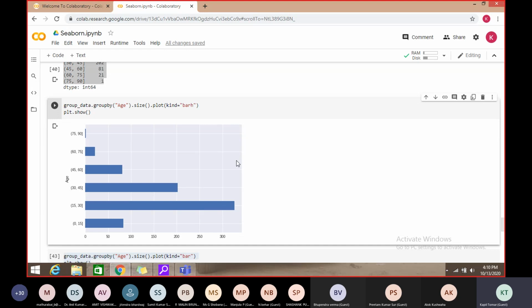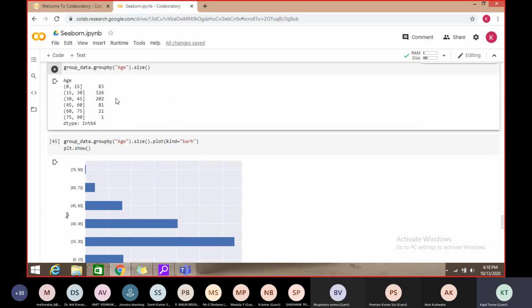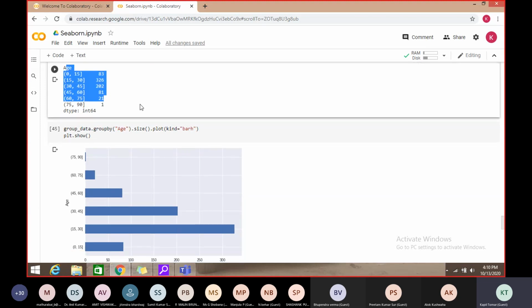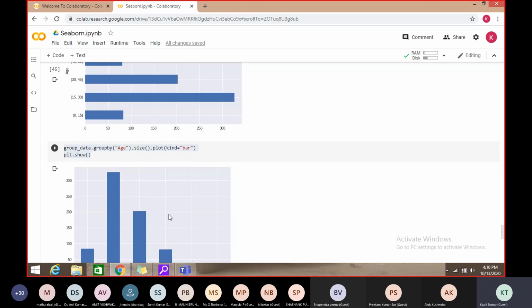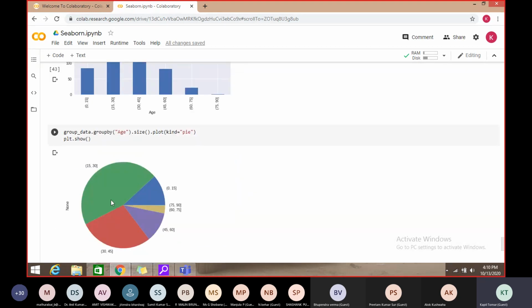See, now it is up to the data scientist to decide which format is more communicable to the audience: numbers, such graph, horizontal, vertical, or the pie chart, right? So it is showing that 15 to 30 is this much.